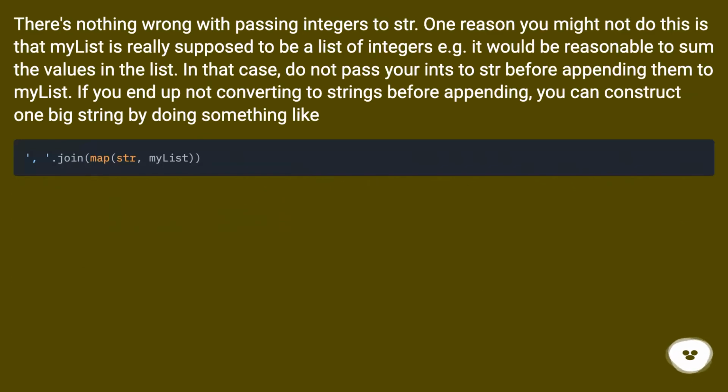There's nothing wrong with passing integers to str. One reason you might not do this is that mylist is really supposed to be a list of integers. For example, it would be reasonable to sum the values in the list. In that case, do not pass your ints to str before appending them to mylist. If you end up not converting to strings before appending, you can construct one big string by doing something like